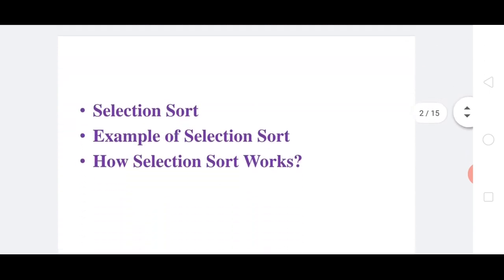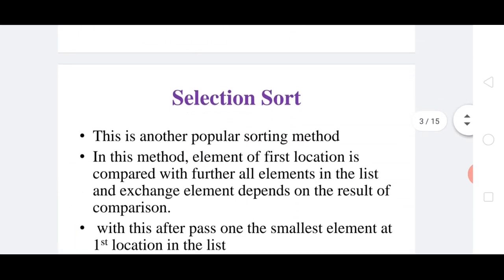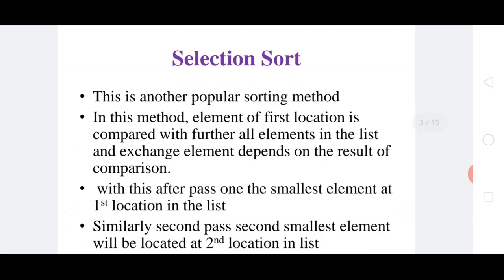Today we will see some points that are listed here. The first point is selection sort. This is type number 2 of sorting, selection sort. Then we will discuss an example of selection sort, and the last one is how selection sort works. The first point is